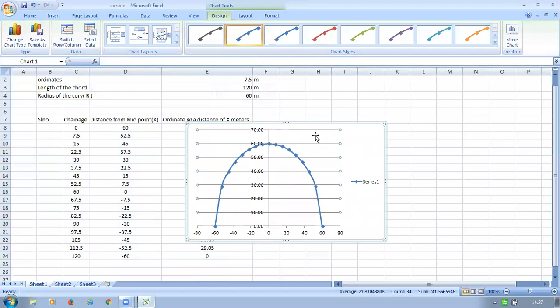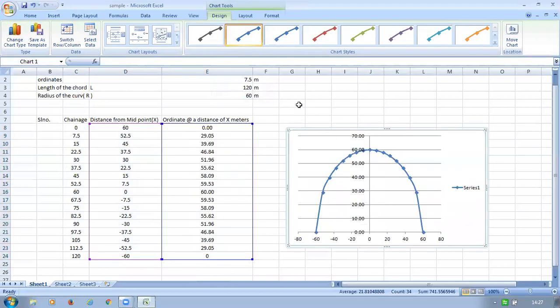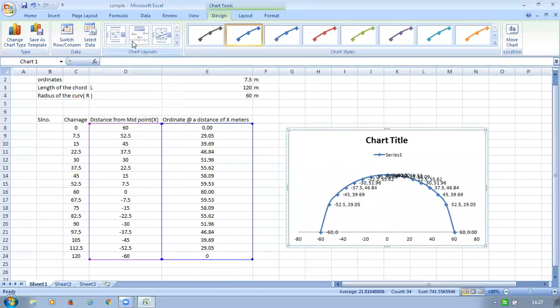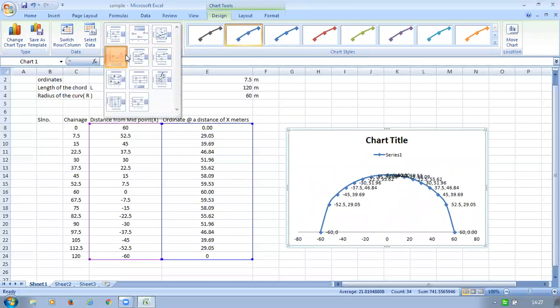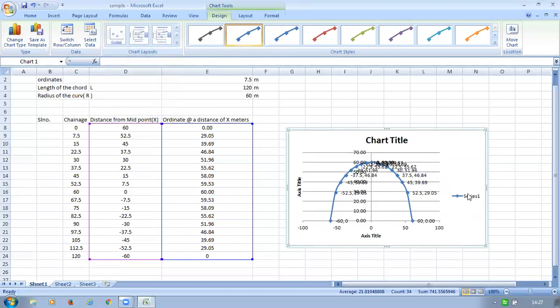Then you get the graph here. Just move the graph to this side. If you want to change the style of the graph, you can change it. See, now you can see the values. There are more styles; whichever is preferable, you can put it.